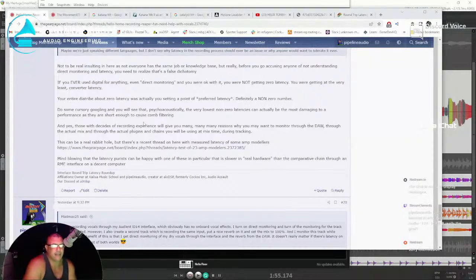Okay, so your entire diatribe about zero latency was actually you setting a point of preferred latency, like I said earlier, preferred latency. Definitely a non-zero number. It's not zero latency, it's your preferred latency. Do some cursory Googling and you will see that psychoacoustically, the very lowest non-zero latencies can actually be the most damaging to performance, as they're short enough to cause comb filtering. And yes, those with decades of recording experience will give you many, many reasons why you might want to monitor through the DAW, through the actual mix and through the actual plugins and chain you'll be using at mix time during tracking. This can be a real rabbit hole, but there's a recent thread,